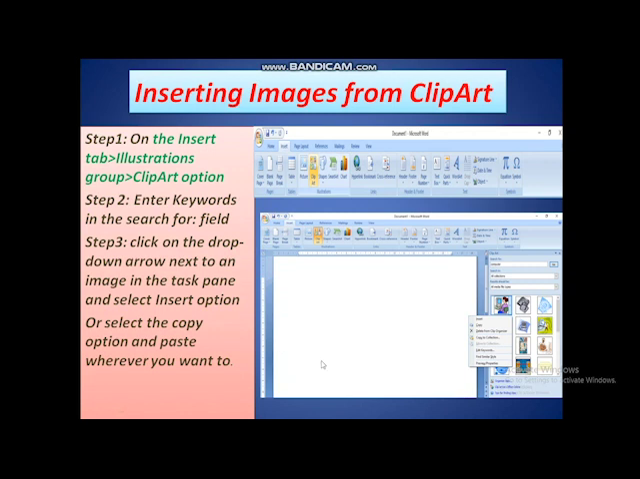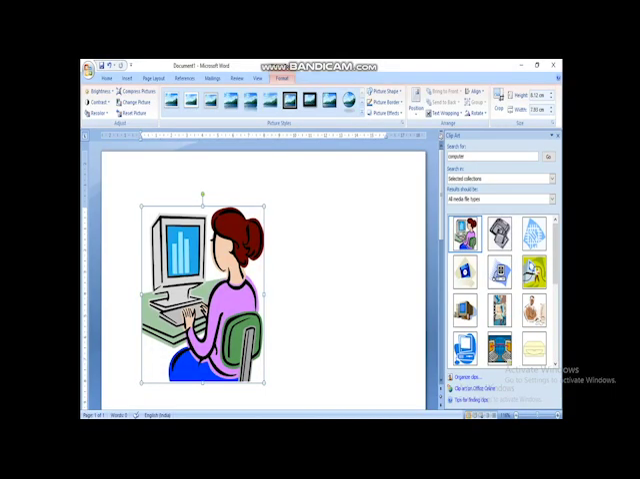As I have done in this next slide, you can see. You write here in the search for field, like I have written computer, then click on go and the images will come here. Then you right click on one, the drop down arrow will come and you choose the option insert, and the image will be inserted into your document window. So this was all about inserting images from a file or from the